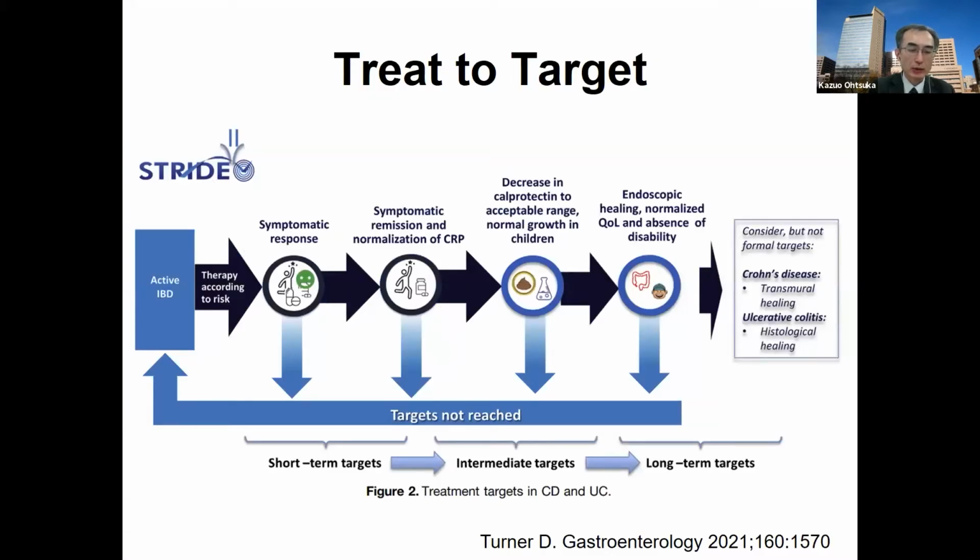Recently, the treat-to-target strategy was revised. Detailed targets are proposed. As for short-term targets, symptomatic response is the therapeutic target. Then symptomatic remission and normalization of CRP are advocated. For the intermediate targets, decrease in calprotectin to an acceptable range, and normal growth in children in special cases. And as for long-term targets, endoscopic healing, normalized quality of life, and absence of disability. And as for Crohn's disease, transmural healing is important. And ulcerative